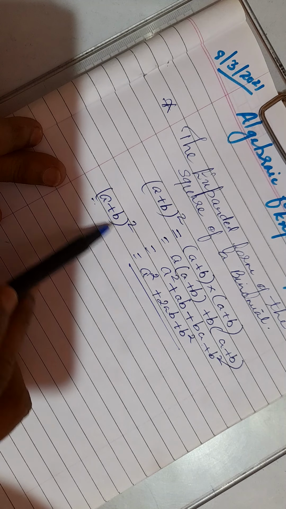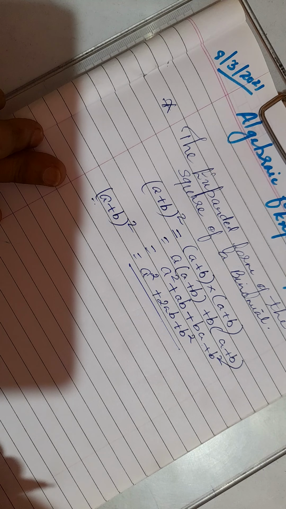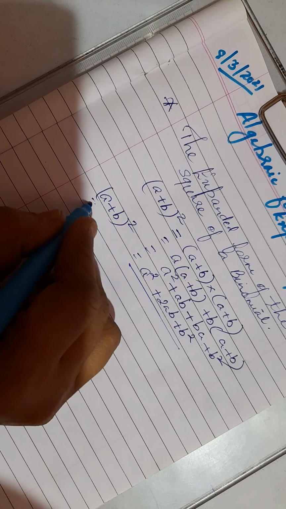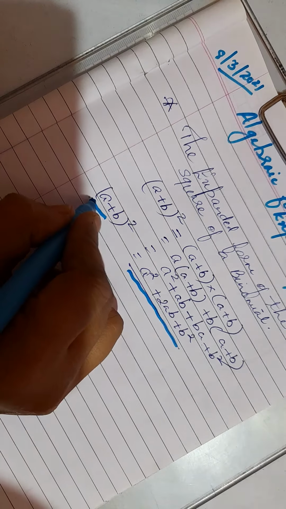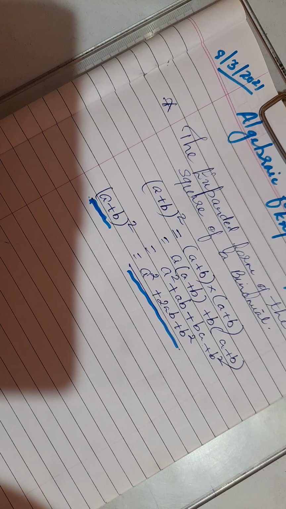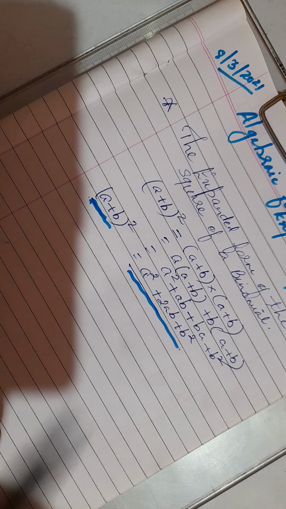This is the expansion of the binomial, and this is the formula also, children, that is a plus b whole square is always equal to a square plus 2ab plus b square. You will learn this formula, very important. You will learn this formula by heart, okay? That is a plus b the whole square is equal to a square plus 2ab plus b square. Now you will use this formula to do the expansion of other binomial terms. Now instead of a there will be some x, instead of b y or some other term. So we will apply this formula and do the expansion.